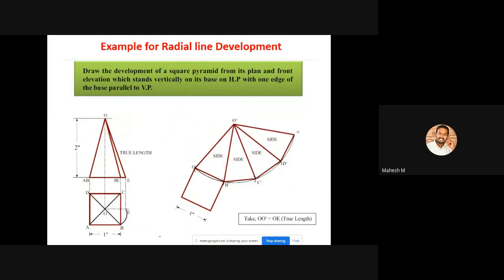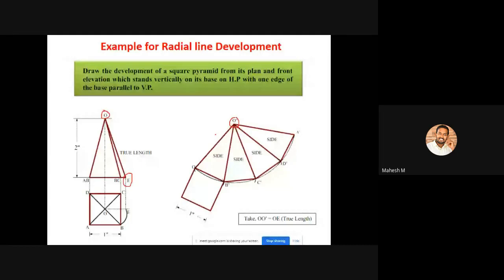Okay, Kana. So after doing this, you can create a development for this diagram. For this you have to measure the length of this point O and E. So you have to measure the length of the line OE. After measuring this particular length, you can choose this apex point anywhere on your drawing sheet. Please remember one thing, this particular apex point should be placed exactly at the center of your drawing